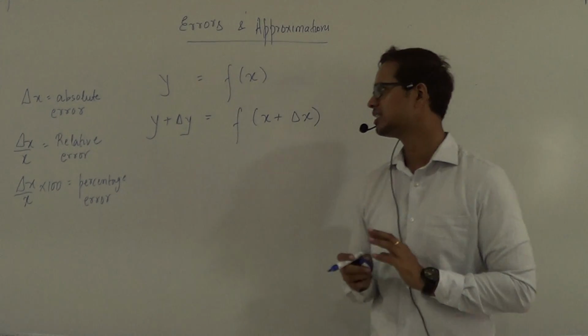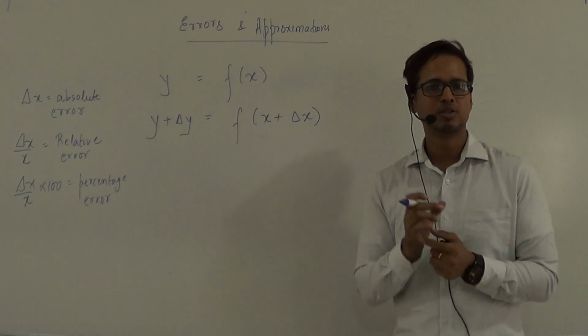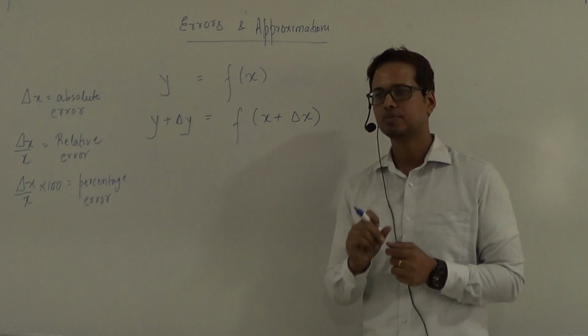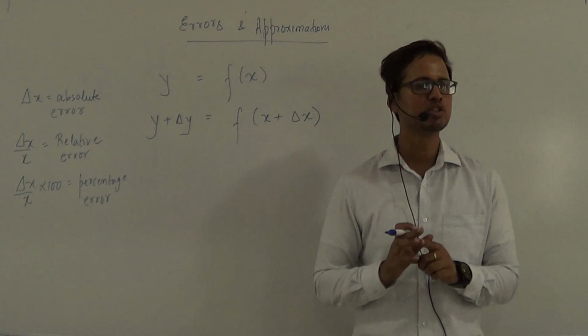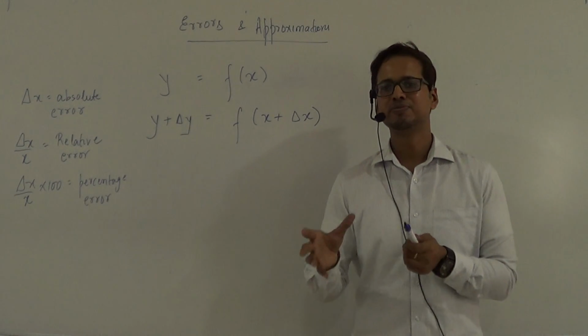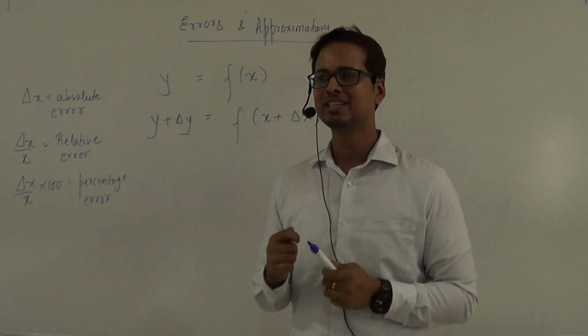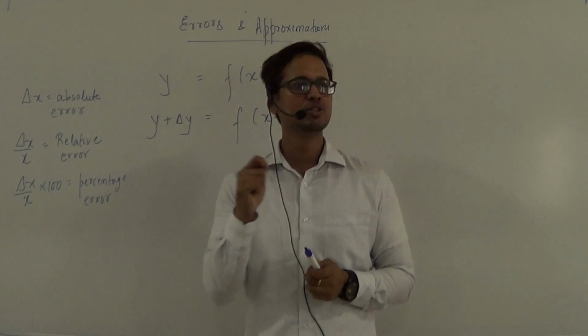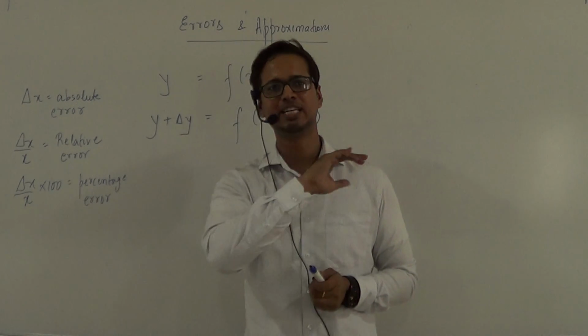Now how it works, let me give you the theory first. Let me give an example to start with. Let's say there is a cube of edge 2 centimeter. So you know the volume of the cube will be 8 cubic centimeter. Now you later realize that the cube edge was not 2 centimeter, it was actually 2.0036 centimeter. Then you say, oh my god, I have to calculate again 2.00